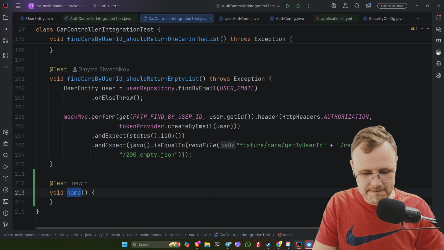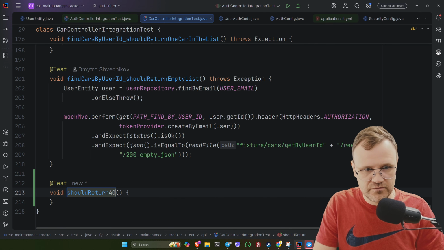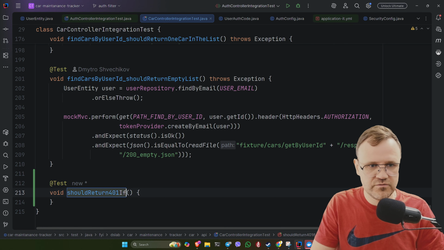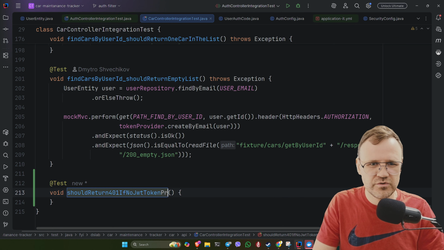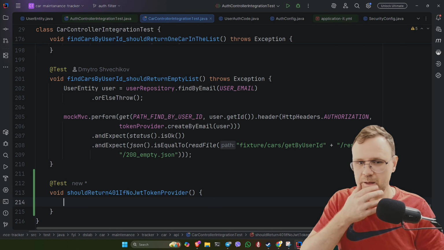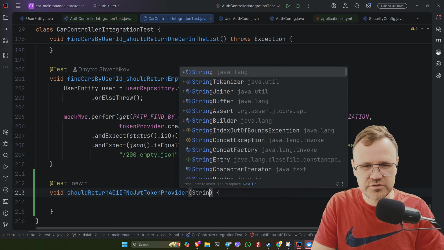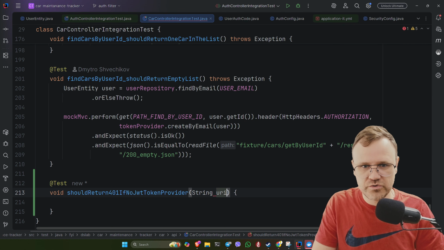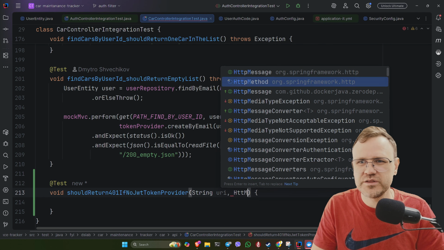This should return 401 if no JWT token provided. And here we need to provide the URI and HTTP method, I think,